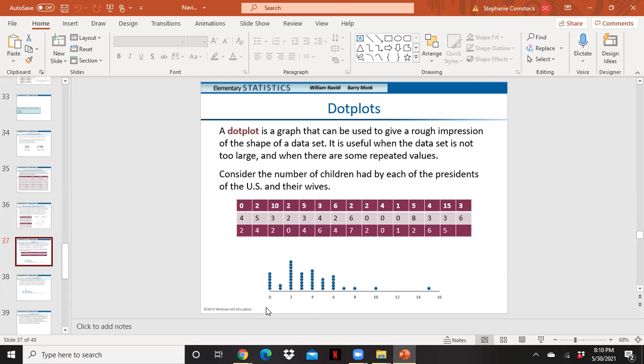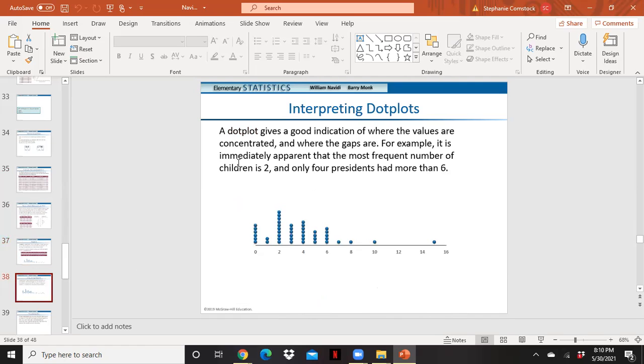forth. And so what we're able to see here is trending patterns where we see kind of a large jump here. We can see 2 has the most in it, and then we have kind of a rocking down. We have very few out here in the back end, but notice we do still allow the number line to carry that far out. Now, one of the things that we can see with dot plots, okay, we notice here